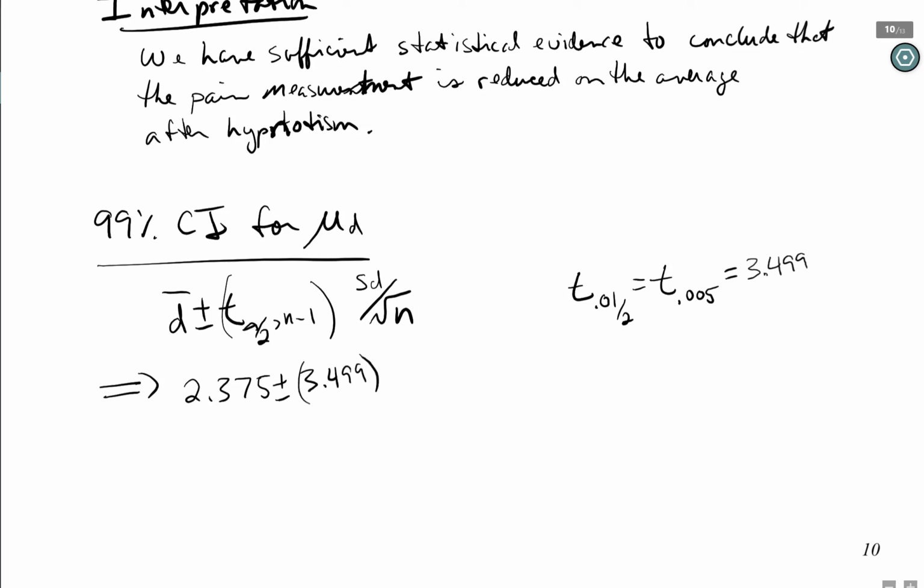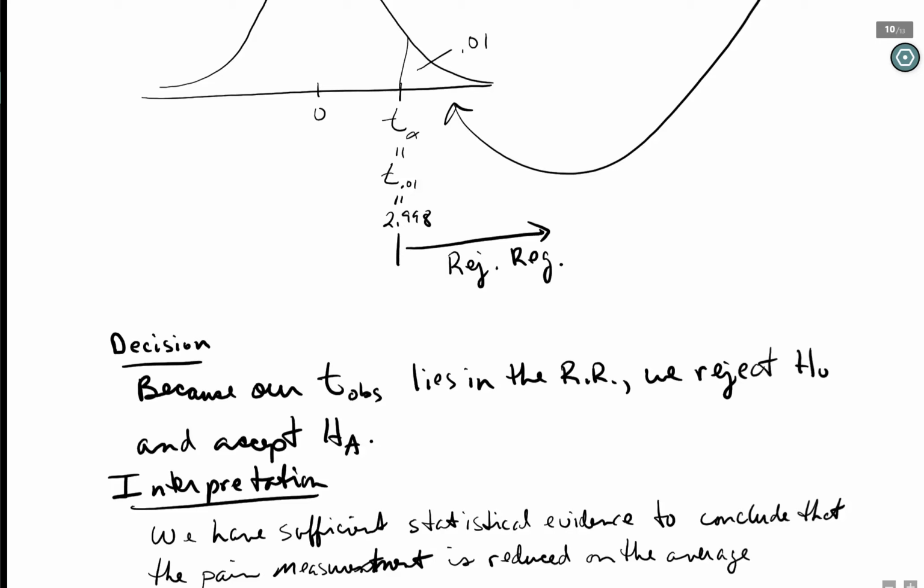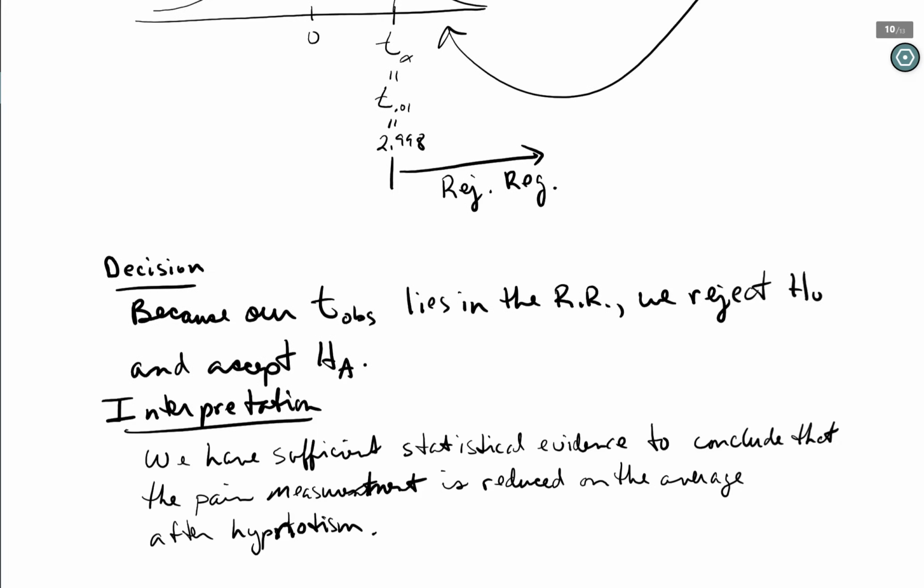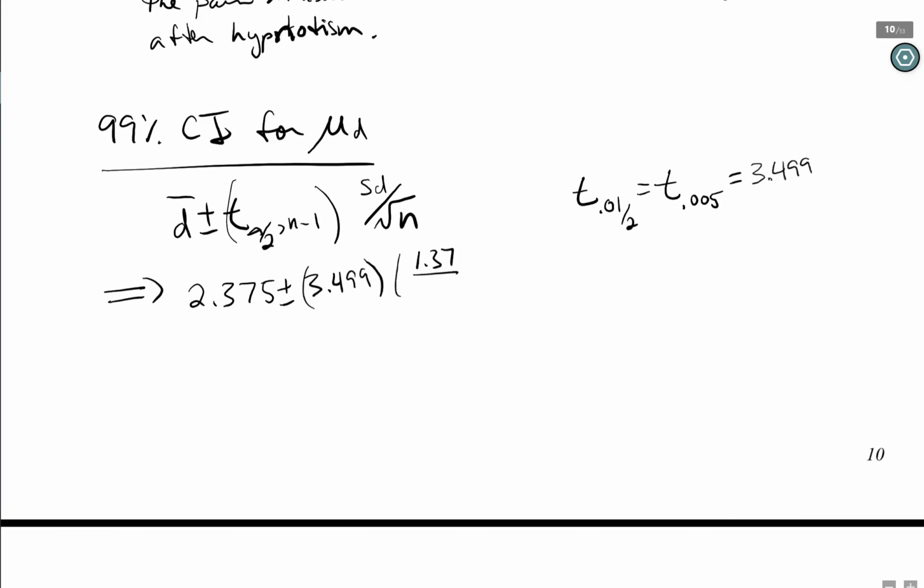The standard deviation was 1.37, and then divided by the square root of n, the square root of 8. You do the arithmetic here, you should get a confidence interval with a lower bound of roughly 0.68,